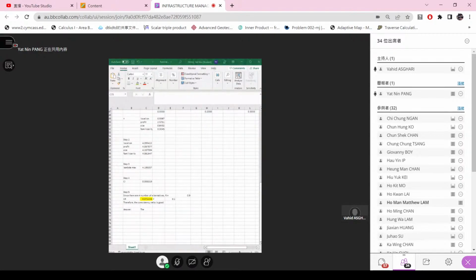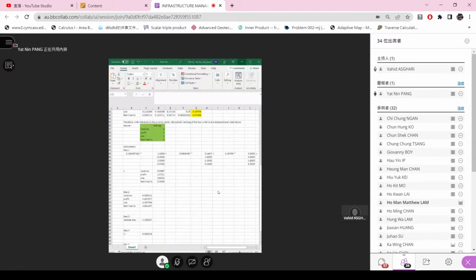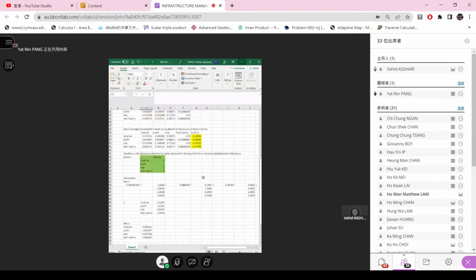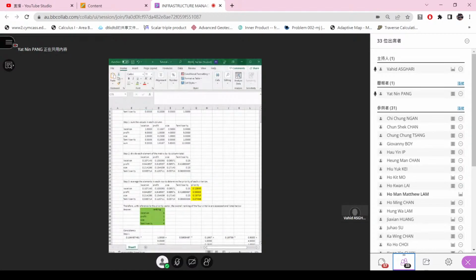So for the priority matrix, you should multiply the priority value for each criterion times its column. So let me show you. It basically means that you should, let me check, you should create another